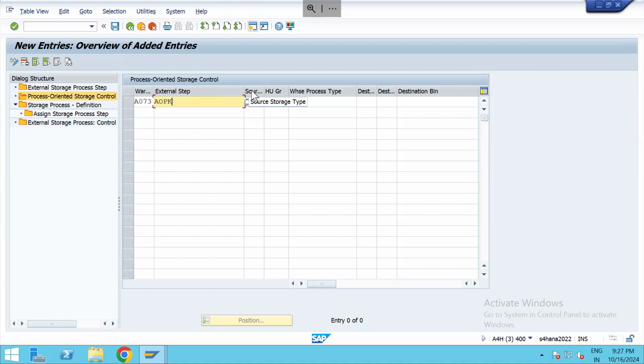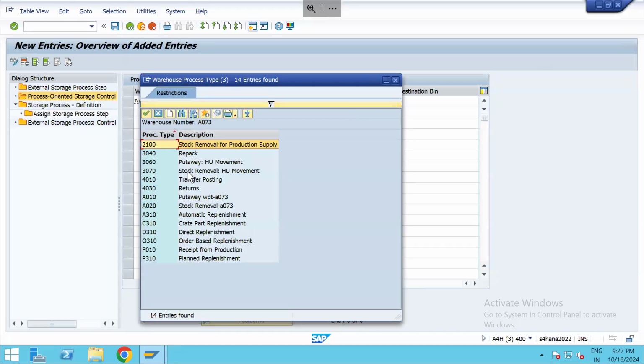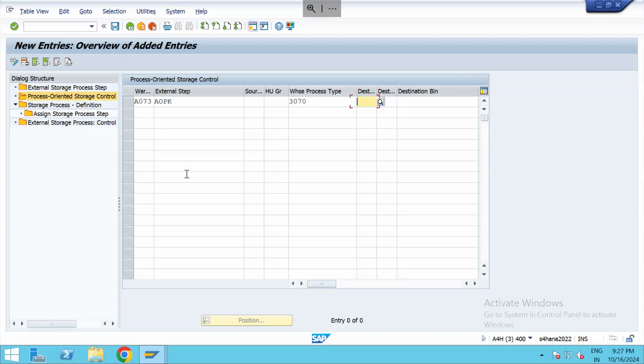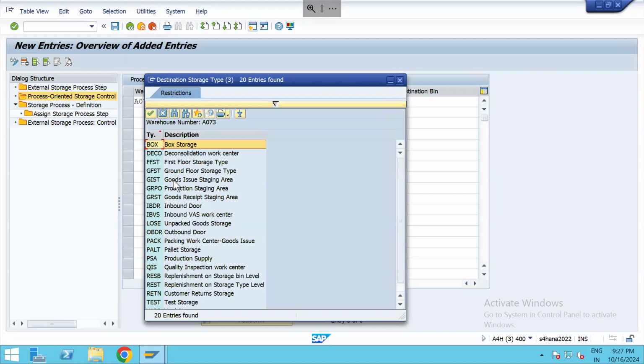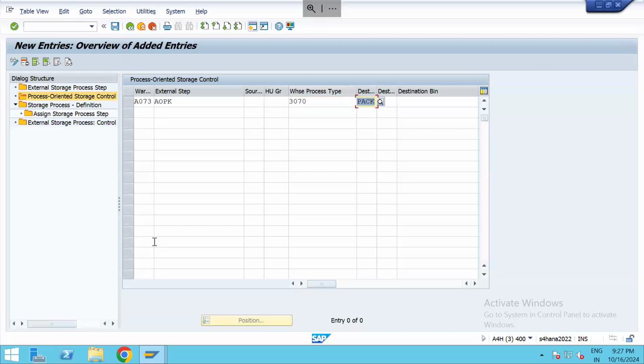Source storage type, whatever is the source storage type, I should not be bothered about it. Warehouse process type is 3070. Then what should be the destination storage type for packing? It should be the packing storage type or packing work center, and assign its bin. Okay. Now for A073,